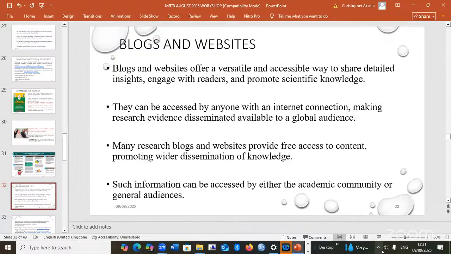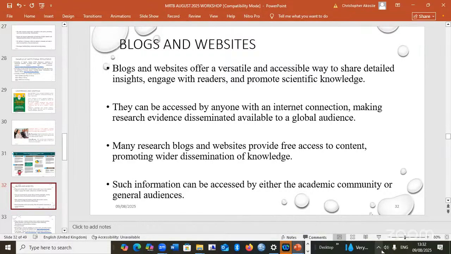They provide a way for information to be shared with anyone who has an internet connection, so that our work can have a more global audience.